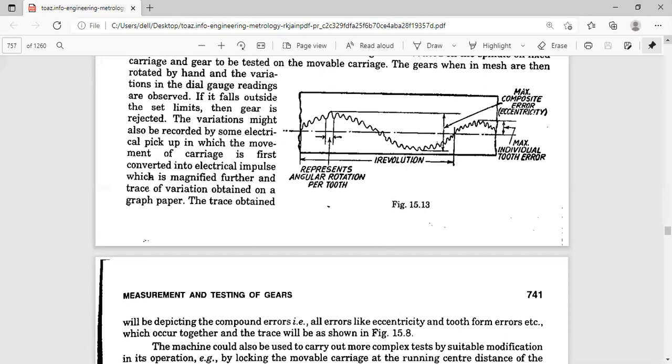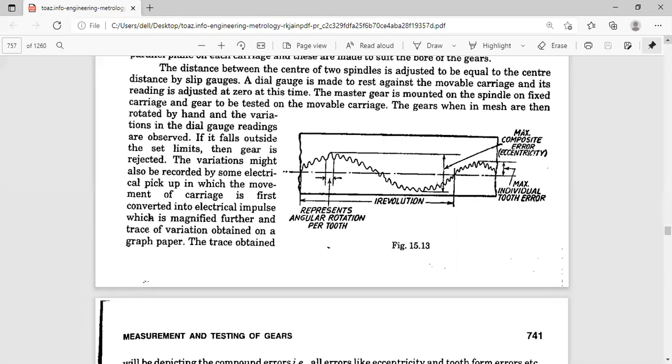Whenever this procedure is repeated, the master gear will be mounted on the spindle on the fixed carriage. We have two carriages on the Parkinson gear tester, and the other gear which you have manufactured, you have to test on the mobile carriage.